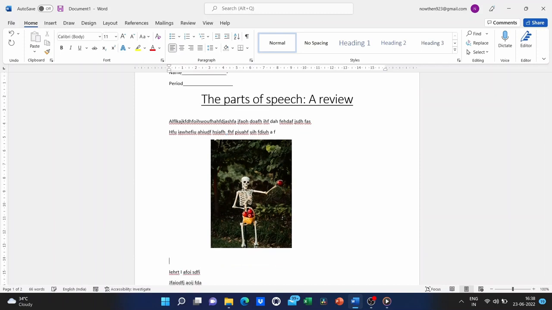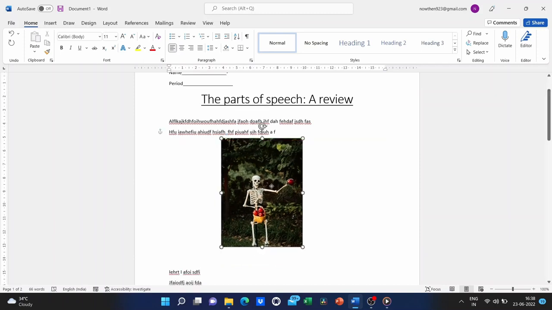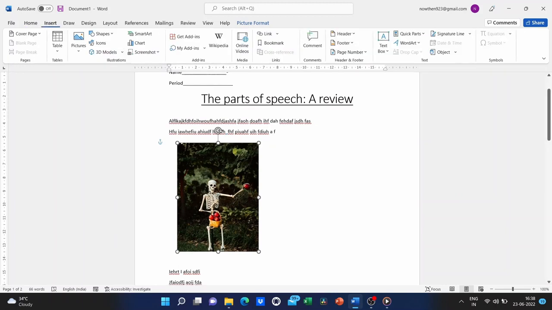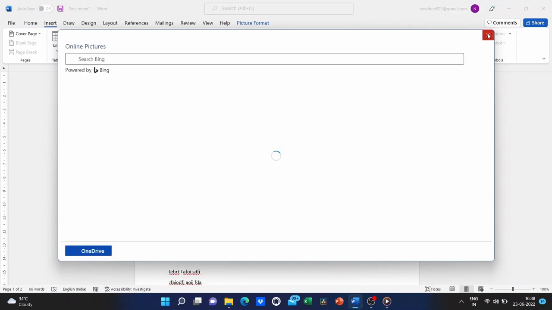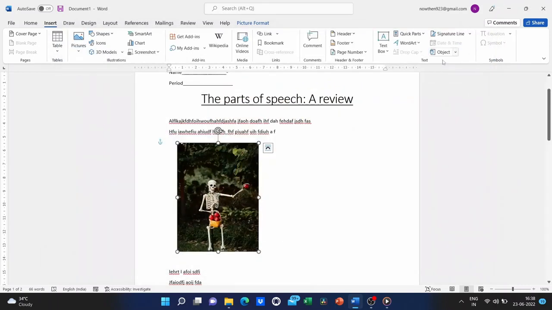I also want you to know that you can insert online pictures, and this is a great option. You can connect to the internet and do searches and find images. Find clip art and things that are on the web and then just click and drag to drop them into your project. So that's a really nice option to have.